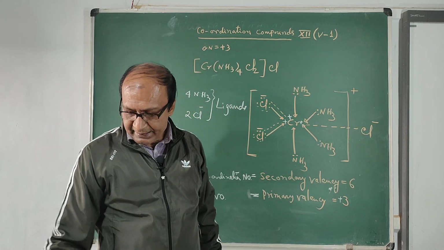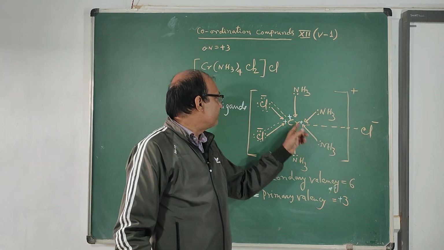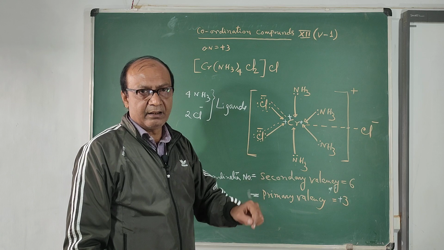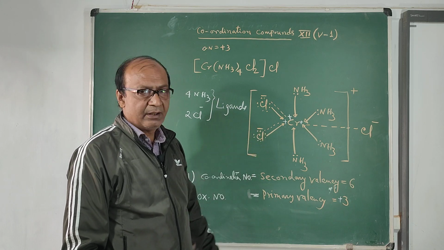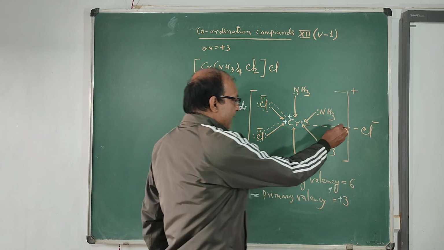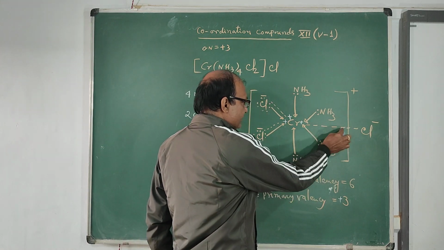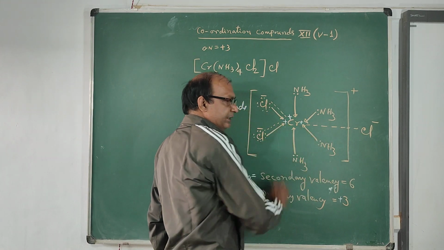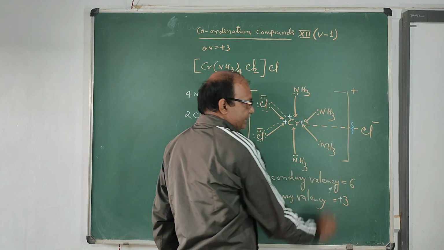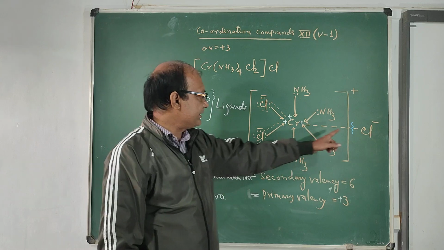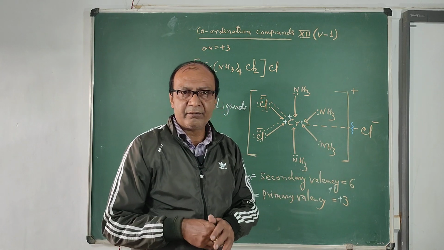Say in this case, if we dissolve this compound in water, ionization will take place. So when it ionizes, this primary valency, which is attached only to primary valency, will ionize. Cl minus will be separated from it